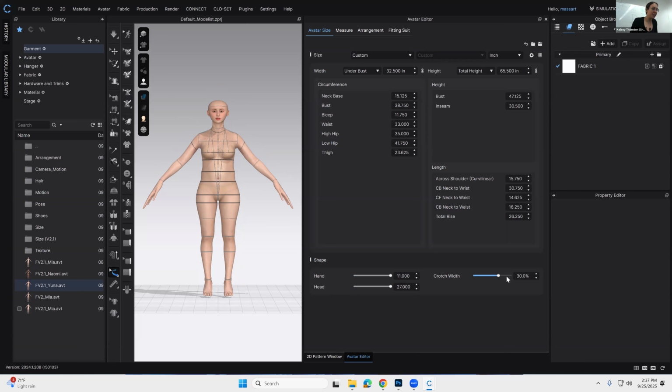Changing the crotch width is not scary, but these other ones are scary. So we'll lower those again. Oh no. So that is how you change the